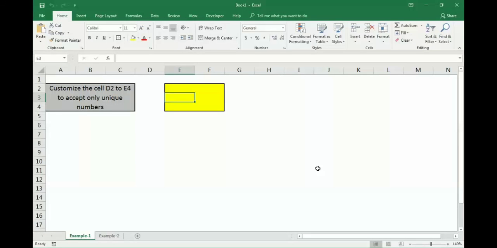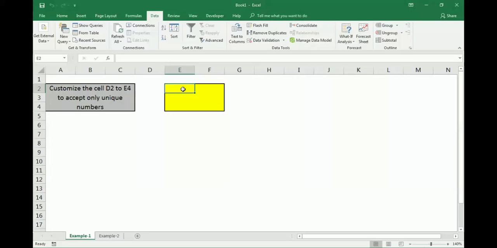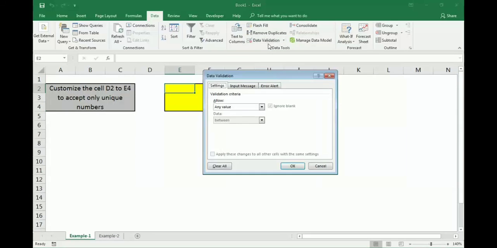In our first example, we are going to see that only unique numbers are entered in this yellow section. So how can we do this? We need to apply a validation here. Let's select the first cell, or you can select all the cells here, it's up to you. So I'm going with the first cell. Click on validation,